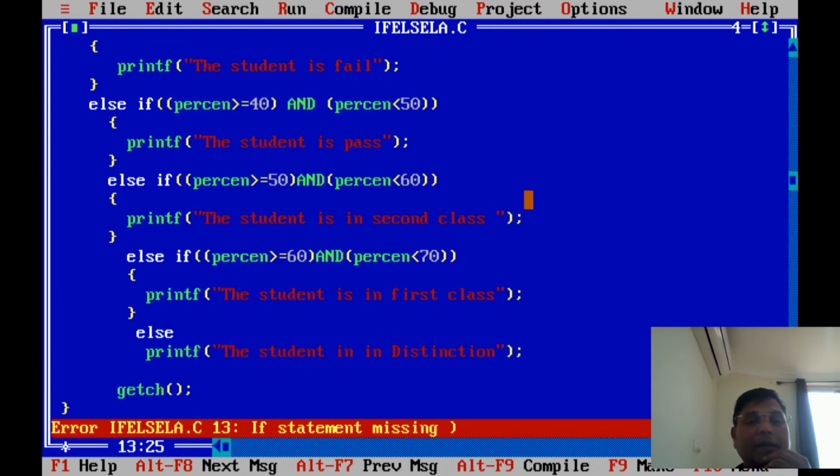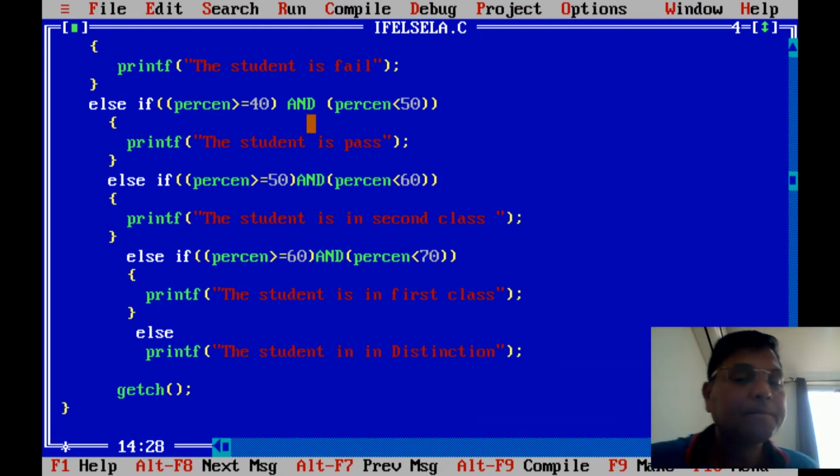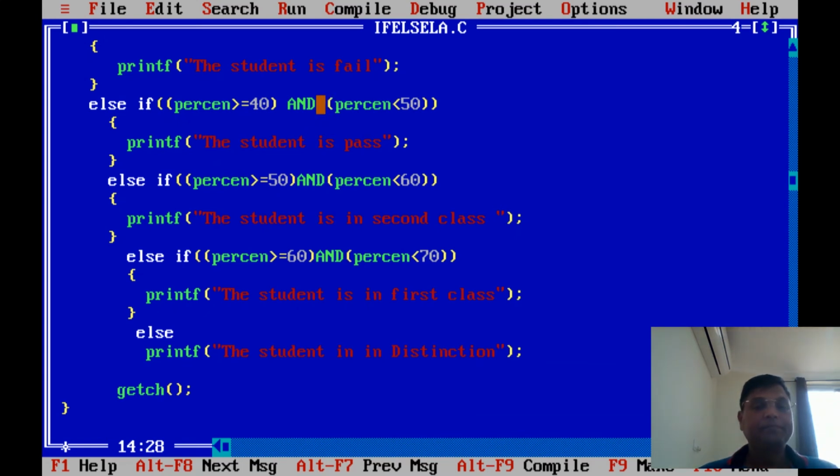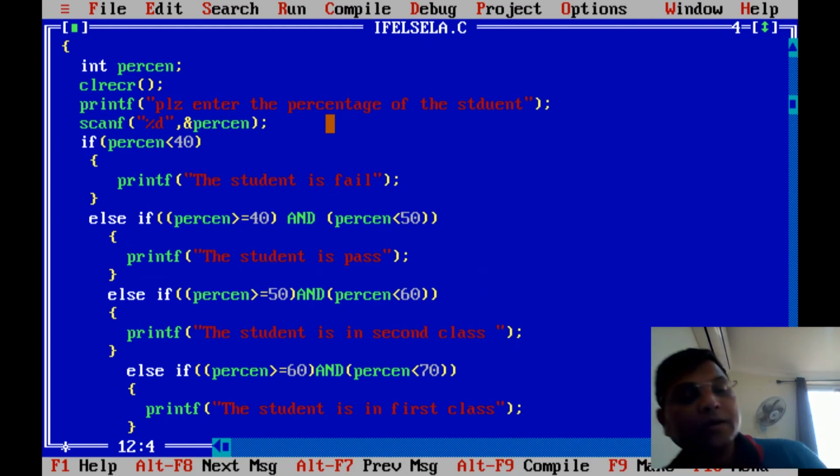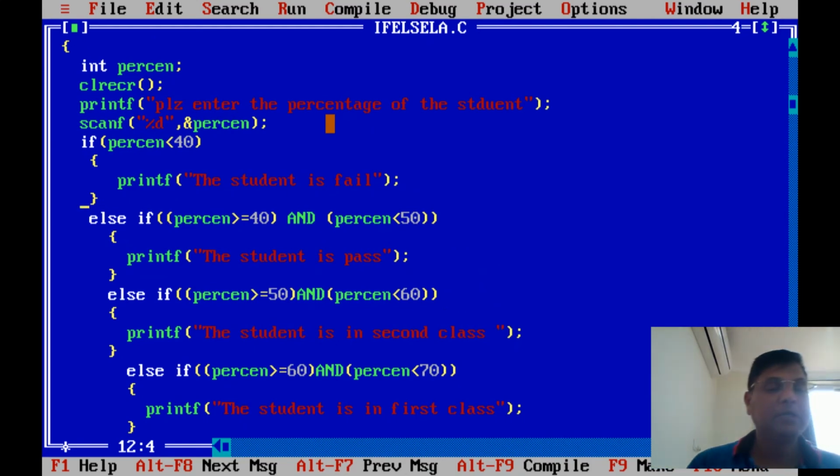Bracket check. If percentage this one, this. Okay, we are going to use it in this one. Else if, this condition is true.